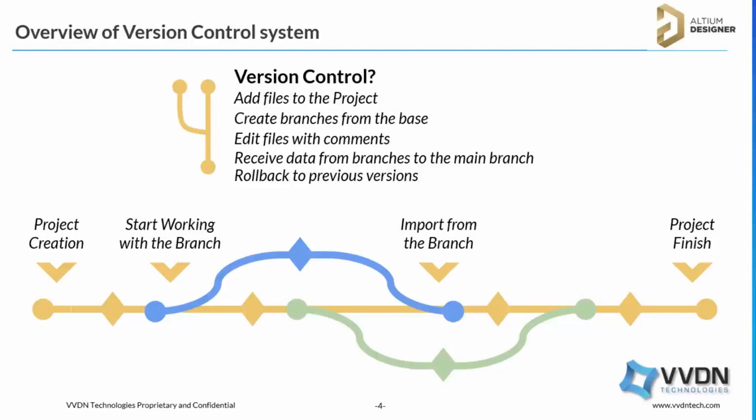Okay. And here is the workflow of the version control system. You can create a project, and after that we can start working with a branch. If another person wants to work on the same file, he can check out the file as a branch and continue working on that, and in the same way another person. Finally we can merge the branch file into the original project file. In the end, we can finish the project and keep the changes, what changes we have done. So here is the workflow.